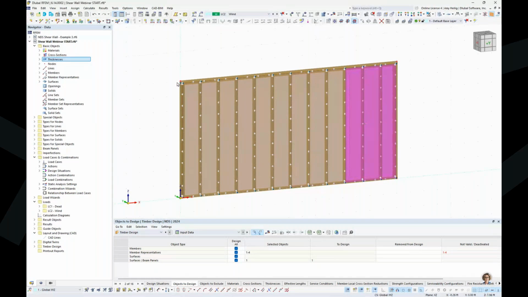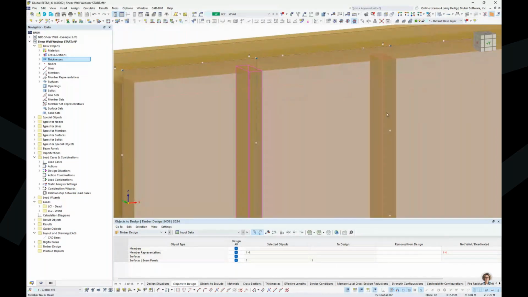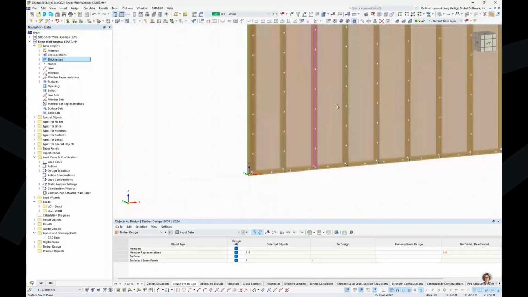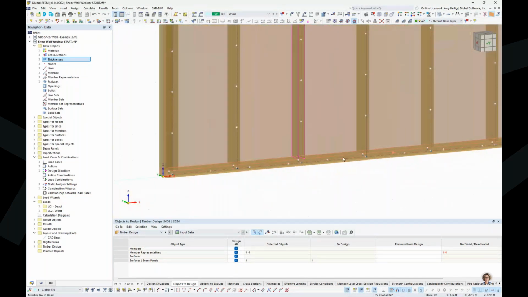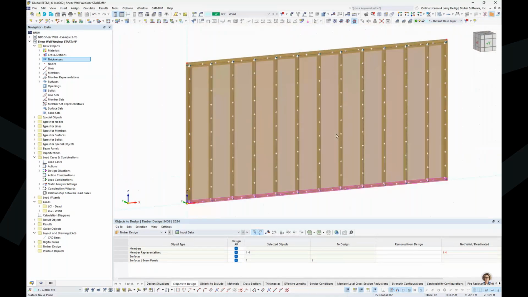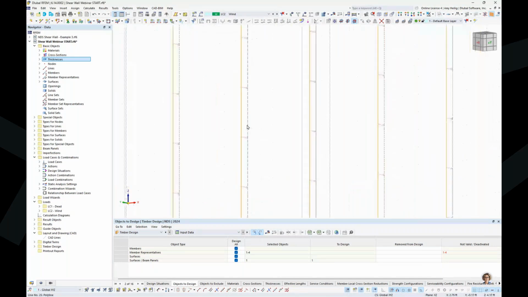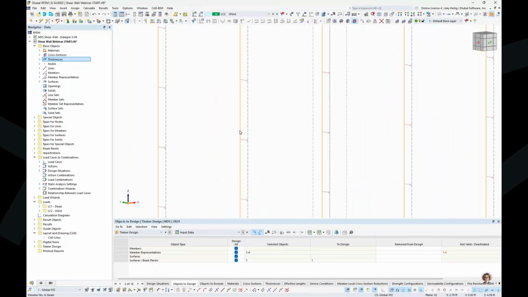When we look at our member elements, we have our double 2x4 at the top plate, also the end studs. But for the interior studs, these are the single 2x4s at 16 inches on center. And then we also have our bottom plate here, which just is a single 2x4. Now, let us talk about the really powerful thing, though, that's going on with the beam to sheathing connection. So I'm going to turn this into a wireframe view. And when we zoom in here, you'll notice that our member is represented on the left here,